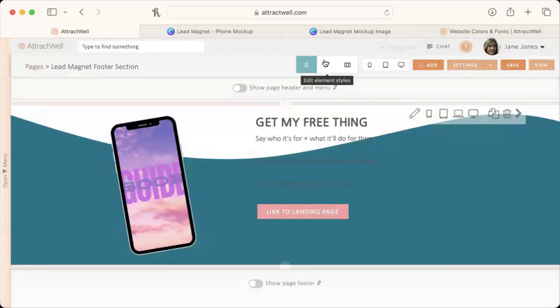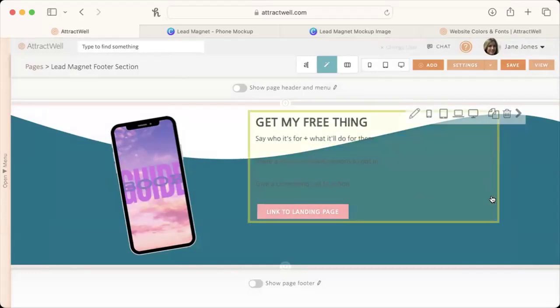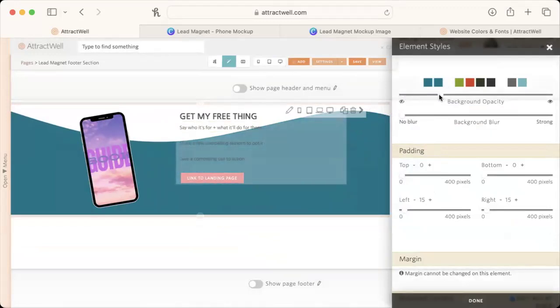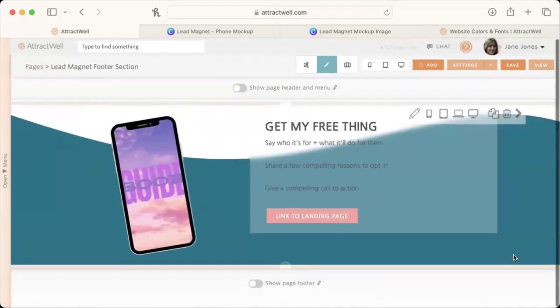The best course of action here is going to be to go to Element Styles. And then we're going to try to select this entire box that has the call to action in it. And while we are still here in Edit Element Styles, we're going to increase that background opacity. We're going to maybe give it a little bit of a blur, totally up to you. And I'm going to give it a little bit of padding. So a little bit of top padding, a little bottom padding, and some padding on the left. All right, so with that done,